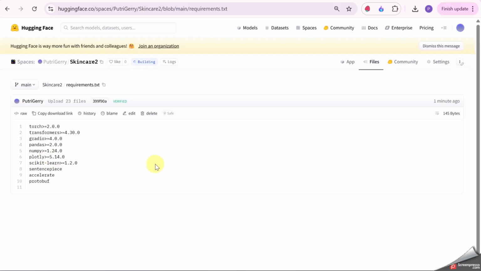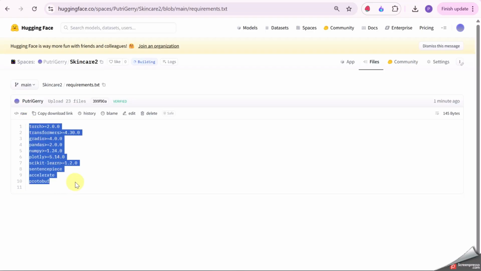Here are the requirements, all the things that we need to install to be able to run the program smoothly. Here I use transformers, Gradio, pandas, numpy, scikit-learn, and others that are required.